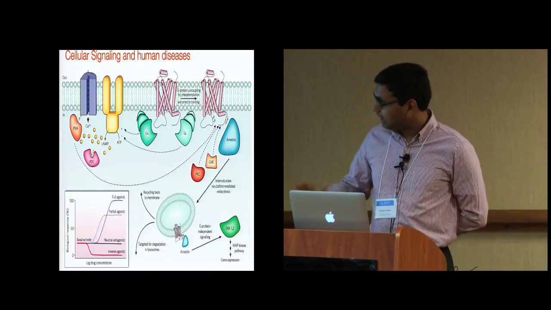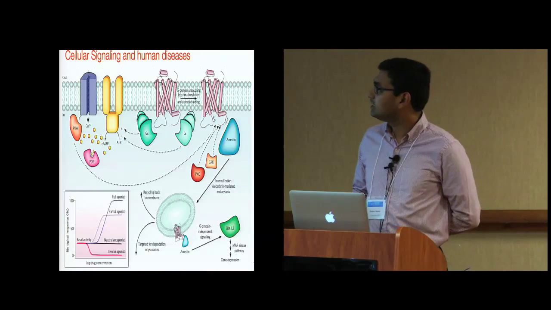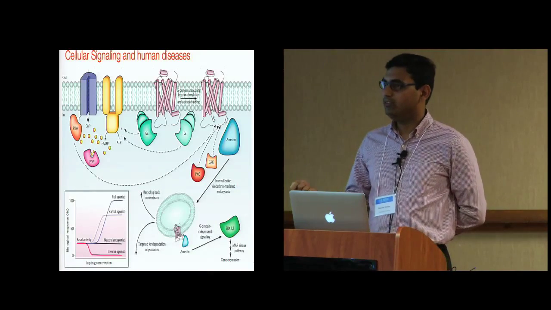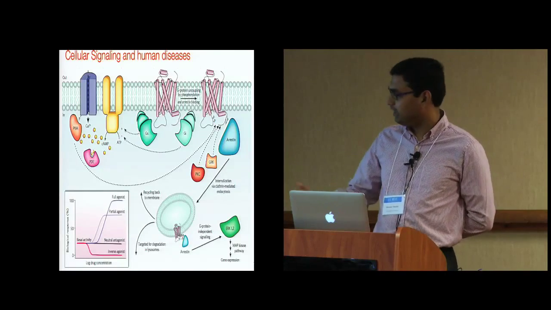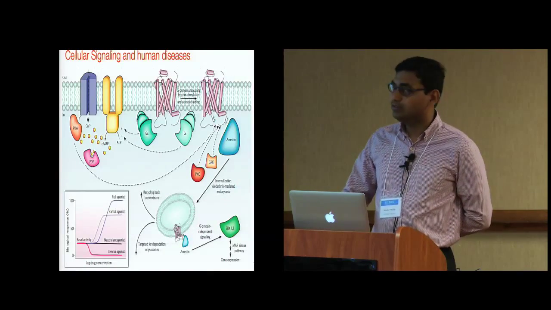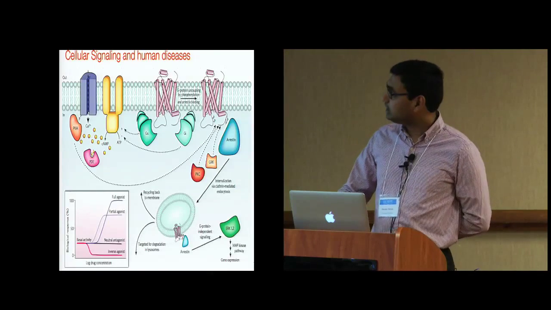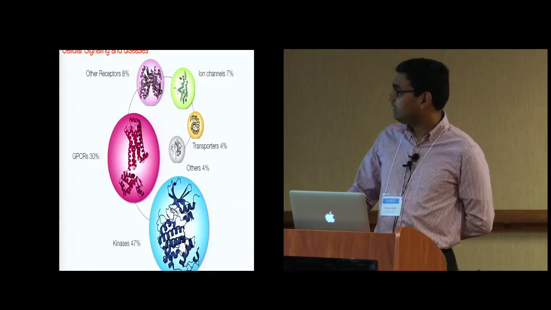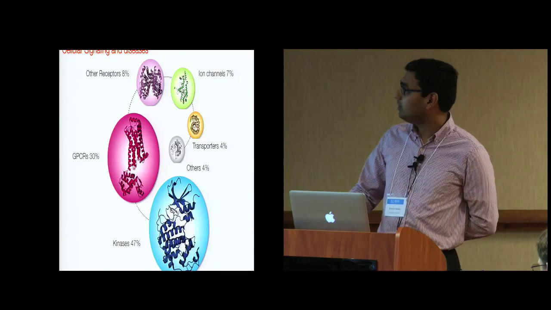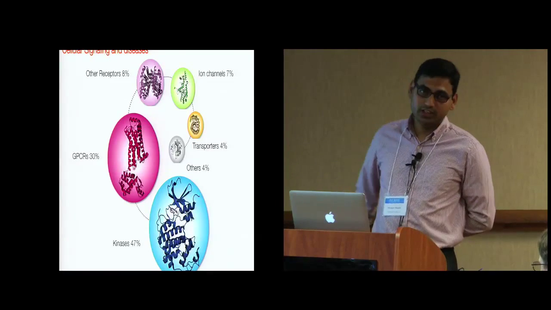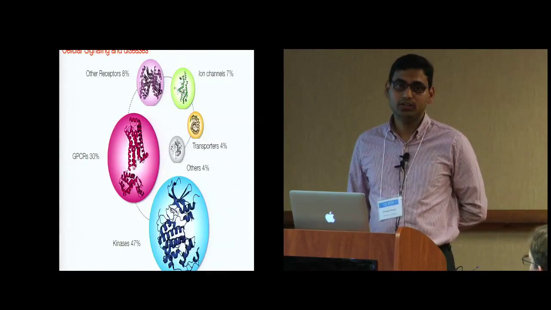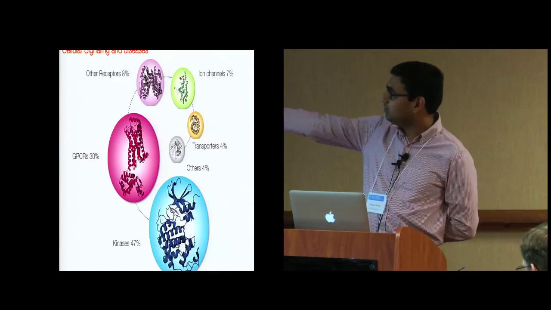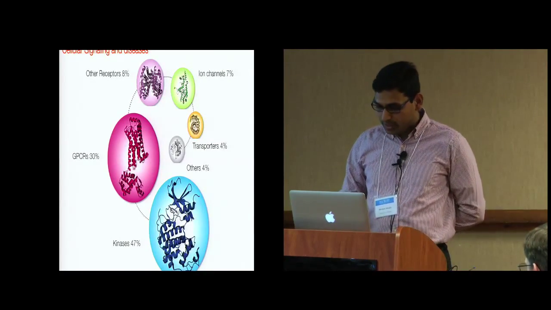We're working on this, and the thing that we really want to understand is how small molecules can change the behavior of these proteins, in terms of their conformational preferences. This is a challenging problem, but it's also a very important problem. If you look at all the drugs on the market right now, roughly three-quarters of them target some form of a signaling protein, either a kinase or a G-Protein Coupled receptor or other receptors.